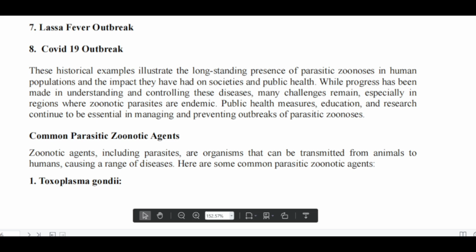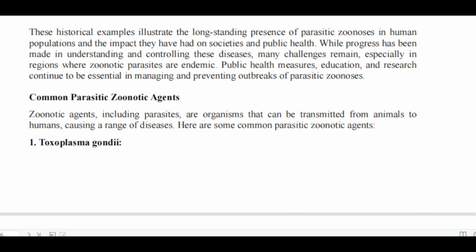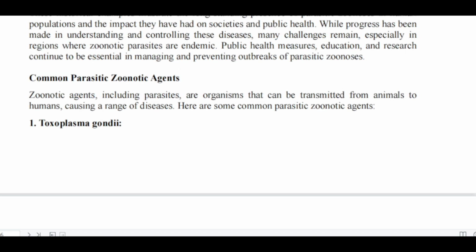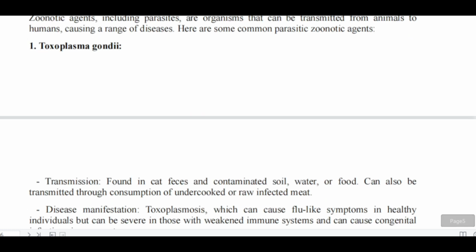Now, what are the common parasitic zoonotic agents? Zoonotic agents, including parasites, are organisms that are transmitted from animals to humans, or from humans to animals, causing a range of diseases. Here are some common parasitic zoonotic agents. You have things like Toxoplasma gondii,